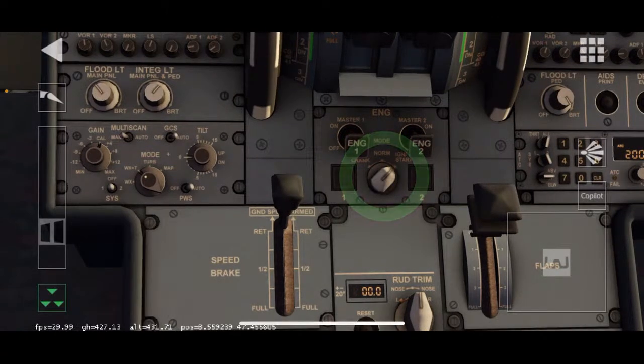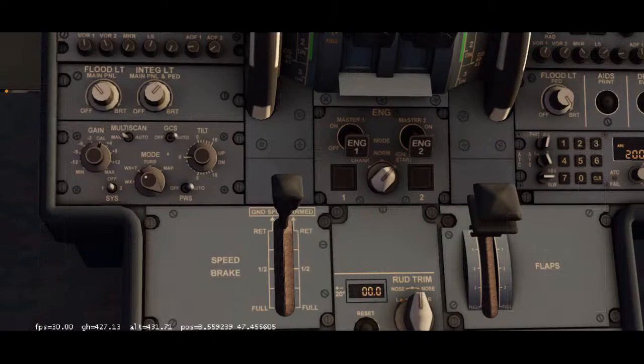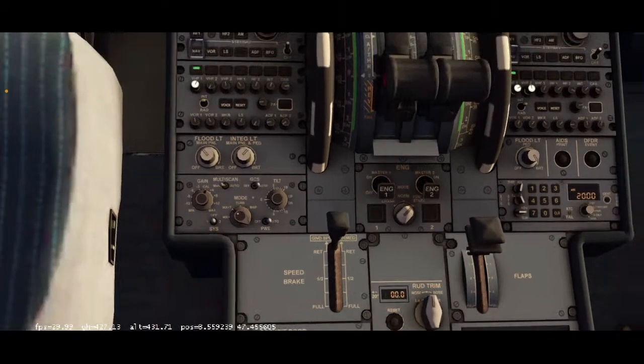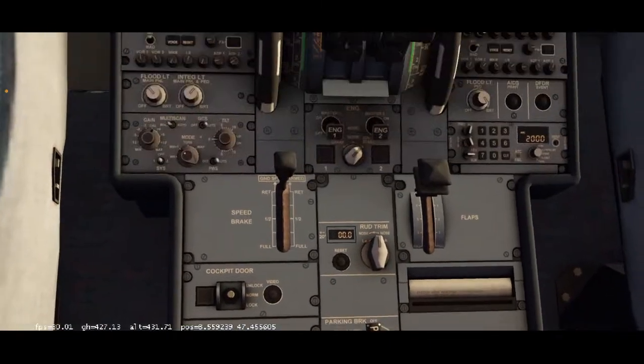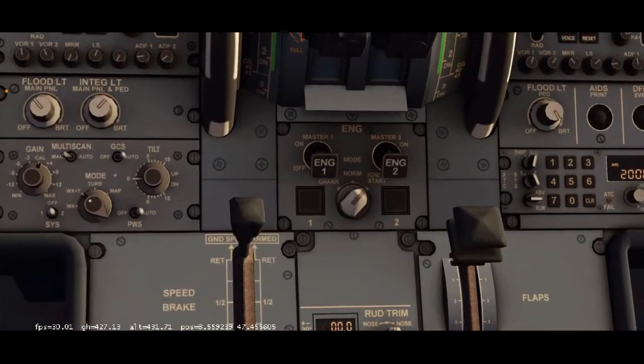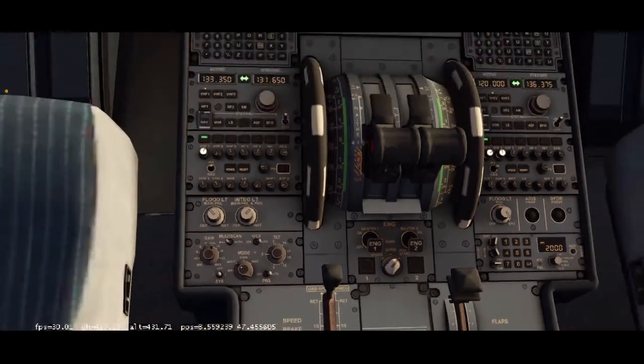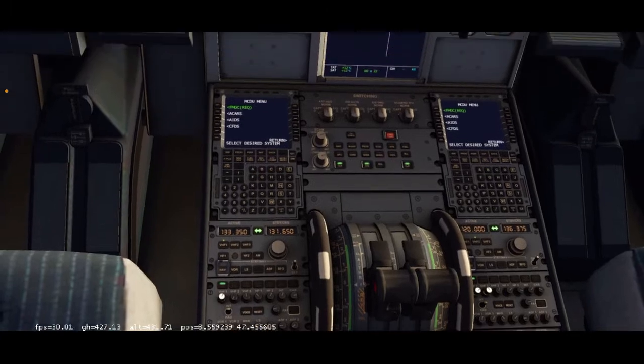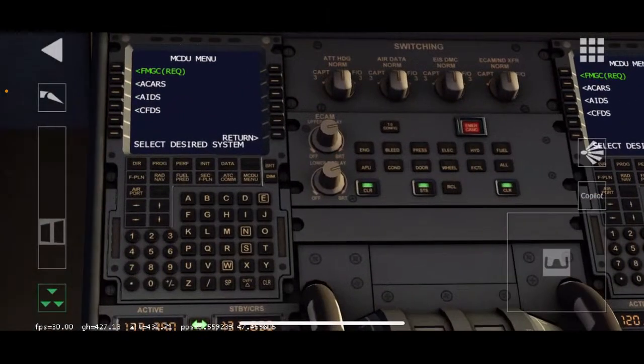It's basically like a car. You put the key in, and you're about to twist it. So we start up engine number 2 first. Make sure that your parking brake, again, is on because you do not want to start rolling. On. And you're going to switch that engine 2 on. But I'm not going to do that yet. I'm going to go over here very slowly. I'm going to switch that to engine.